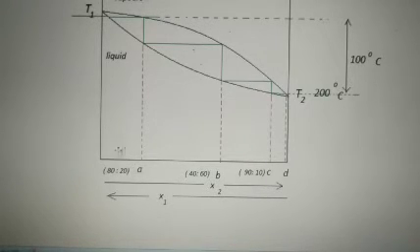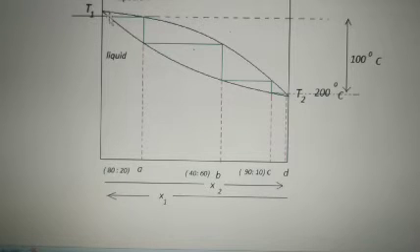I am repeating it again, starting from this point. Which point is this one? This is a particular temperature which is less than 300, because 300 is the boiling point of one component. So suppose it is 280 degrees Celsius or 290 degrees Celsius. When I draw a line from here, that line cuts the liquid line here. At this point on the liquid line, what is the composition of A and B? It is very near to the one component, very far away from the second component. So 98% A is present and only 2% B is present.